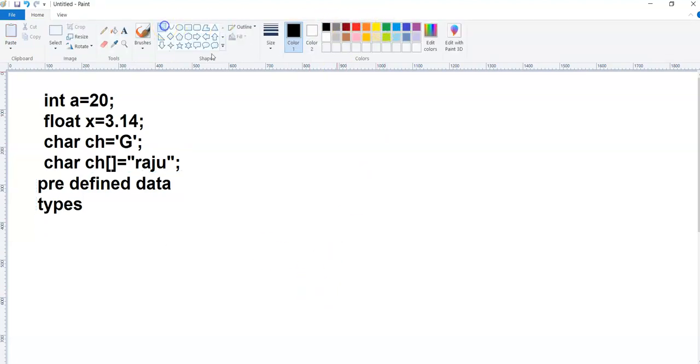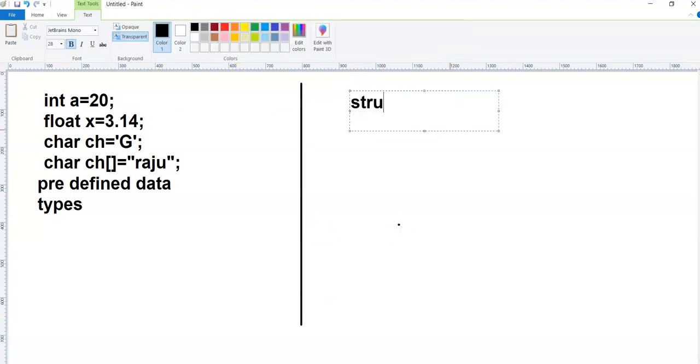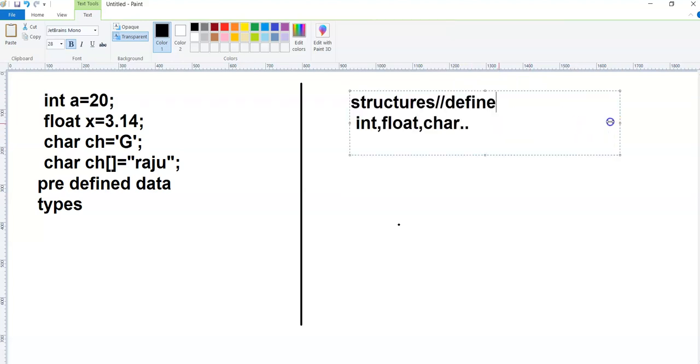Now, the new concept is structures in C programming. What structure says is that you can store a combination of integers, a combination of decimals, that is float values, and you can store characters and strings like this. So a structure is user defined. We need to define what type of data we are going to store. So to create a structure, we need to use struct as a keyword.